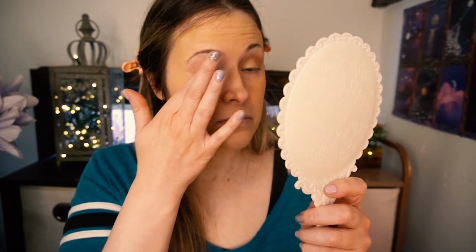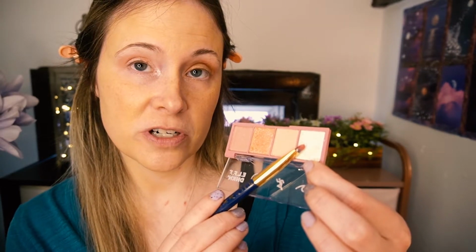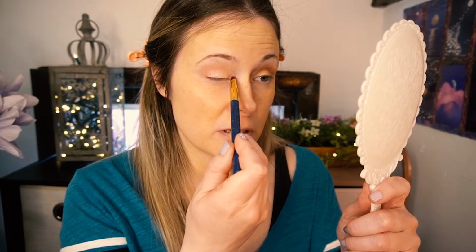I mean, there's so many palettes with nice pinks. Although that pink is nice, we'll go ahead and use the shimmer. This is a shame. This is just a shame. That one's nice. This shade right here is a decent inner corner shade. And this shade over here is not terrible, but yeah, that's a beautiful inner corner shade, but all in all,